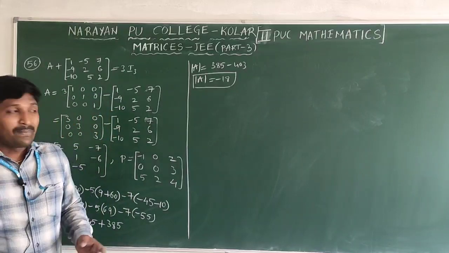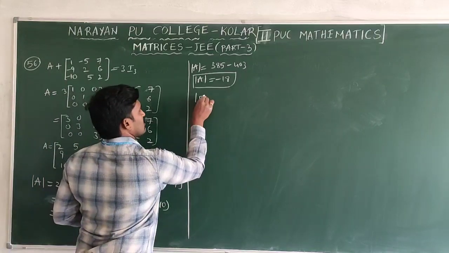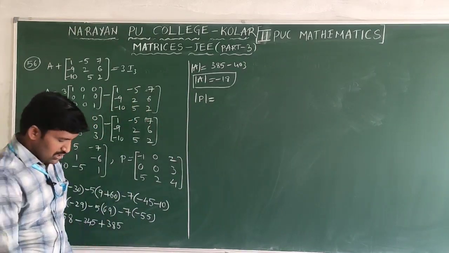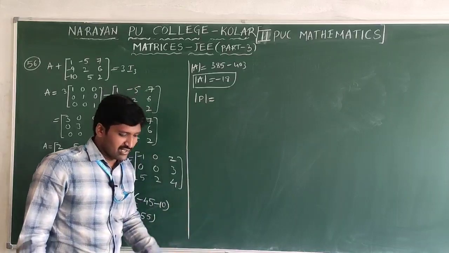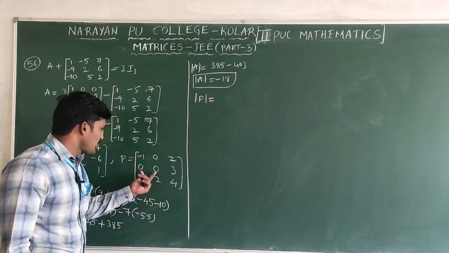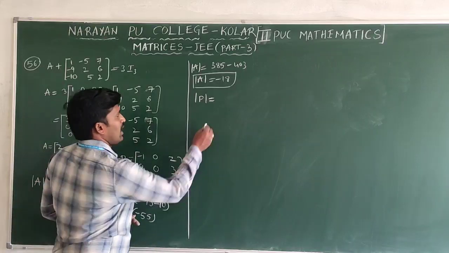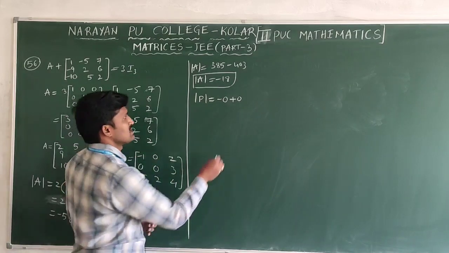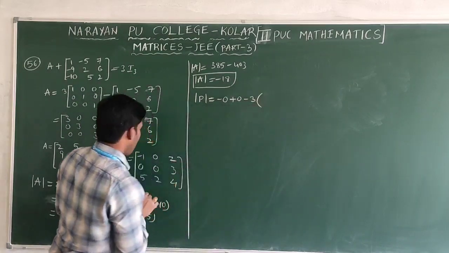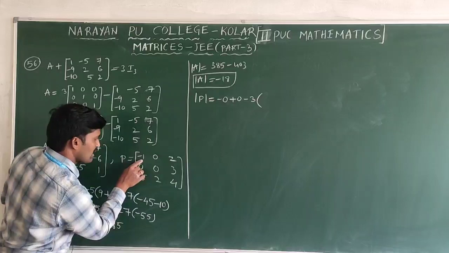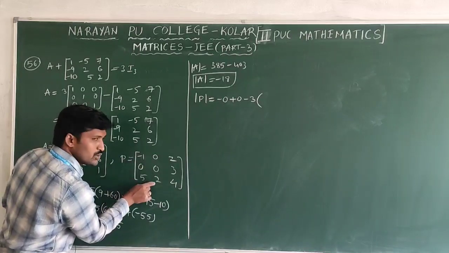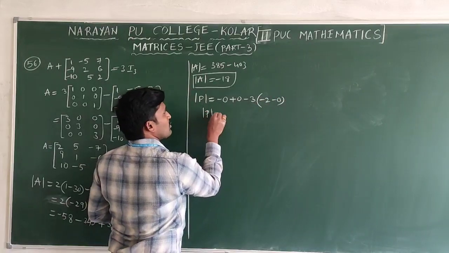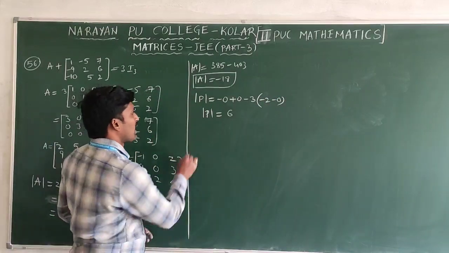Next, det of P we don't know. Det of P also find out, because det of P inverse formula is 1 by det P. That's why P inverse, don't find it again. Not required here in this case. Det P find out. I'll expand along R2 in this. Along R2 means what? First element 0, second element 0, minus plus minus symbol. Minus 3 into, by deleting its row and column, what remains? Minus 1, 0, 5, 2. Minus 1 into 2 minus 2 into 0, so minus 2 minus 0. So det P clearly how much did we get? Plus 6.